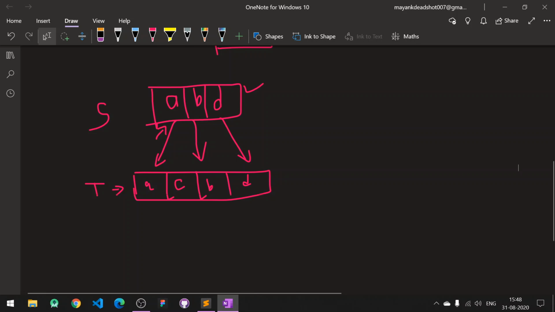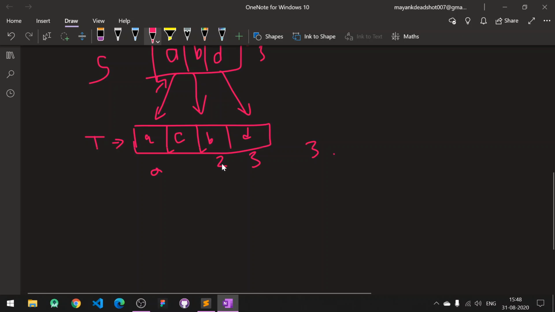Here A comes at the 0th index, B comes at the 2nd index and D comes at the 3rd index. So this is a valid subsequence. And this is actually the longest common subsequence, because the length of the string is 3 and the length of our subsequence is also 3. There can be many common subsequences, just like AB.